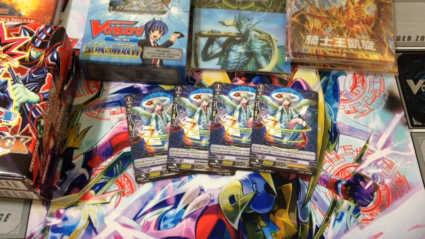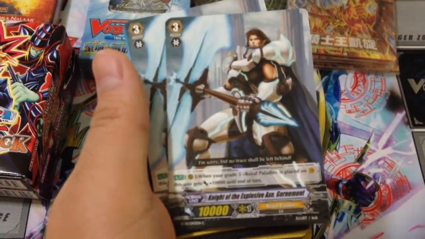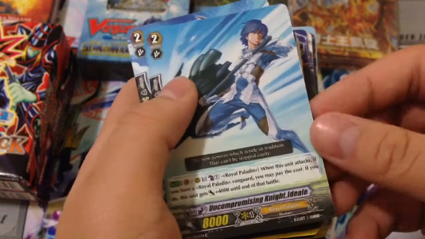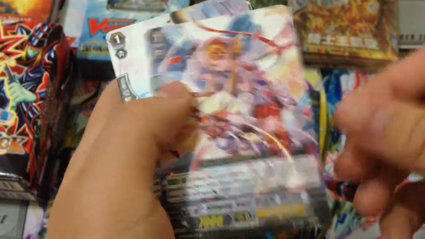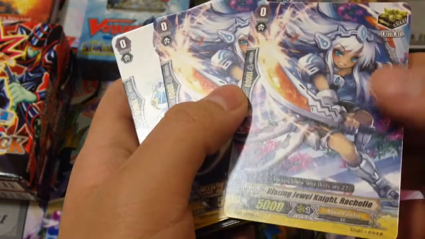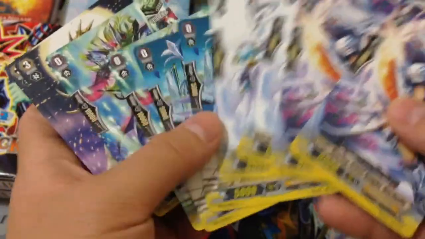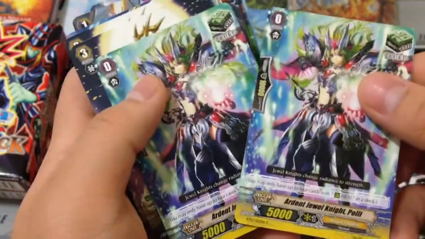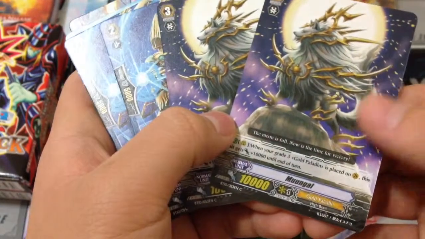Next, we have this stack of commons, so let's quickly go through it. We have 2 Knight of the Explosive Axe Gornamont, 1 Uncompromising Knight Ideal, 2 Details Claudin, 1 Stinging Jewel Knight Shelly, 2 Rush Goals. I got 2 of every Royal or Dual Knight triggers. So 2 crits, 2 stands, 2 draws, 2 heals. Looks pretty sweet. I only need 2 more of each, so I can make a Jewel Knight deck if I plan to. I also got 2 Moongles,